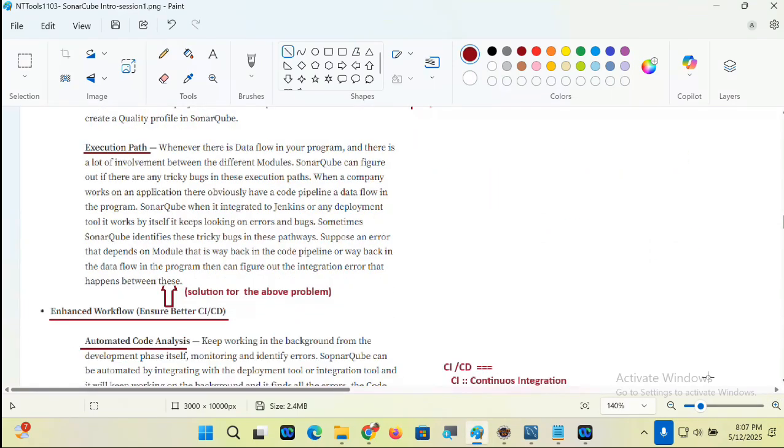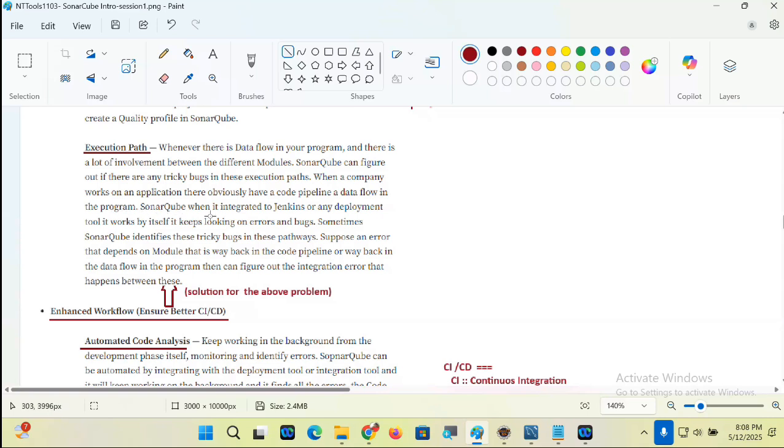What is the next one, guys? Execution path. Whenever there is a data flow in a program and a lot of involvement between different modules, SonarQube can figure out if there are any tricky bugs in this execution path. When a company works on an application, obviously there is a code pipeline of data flow in the program.